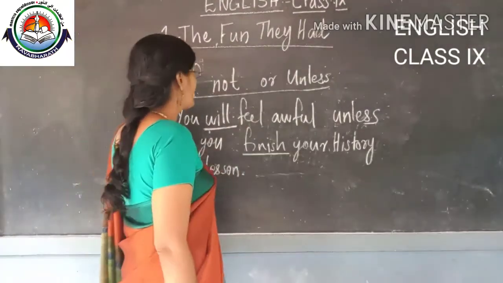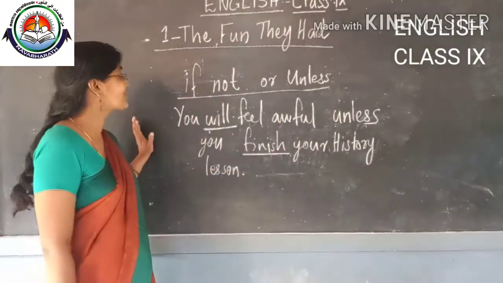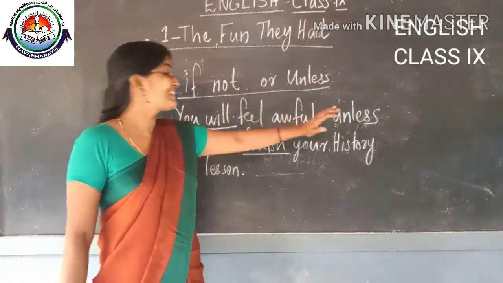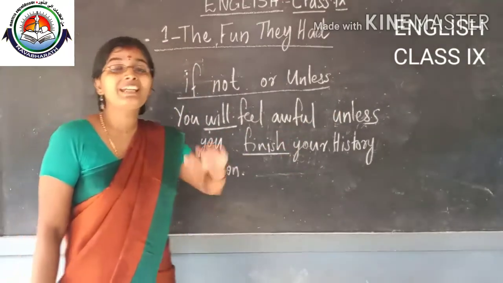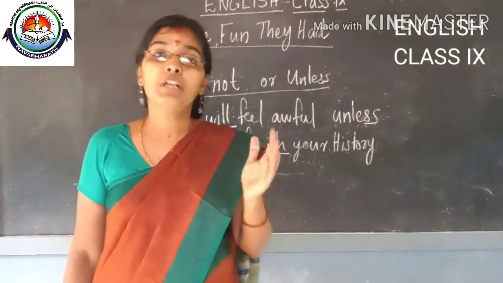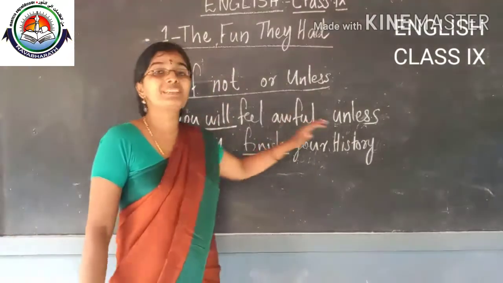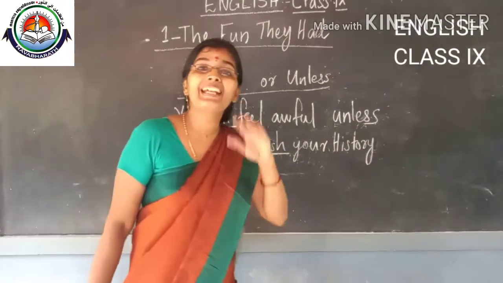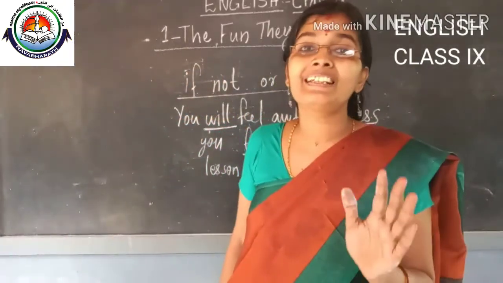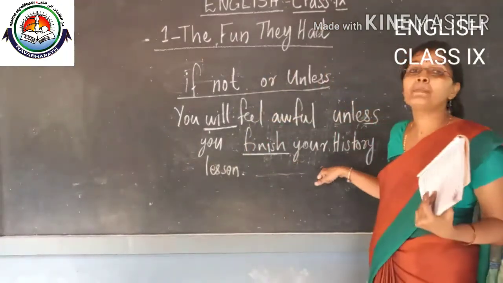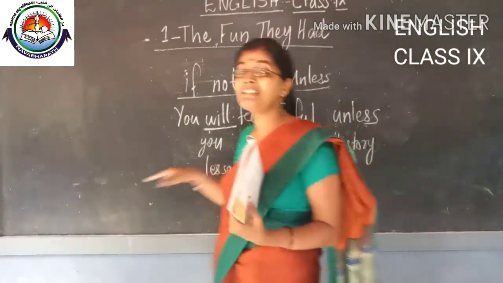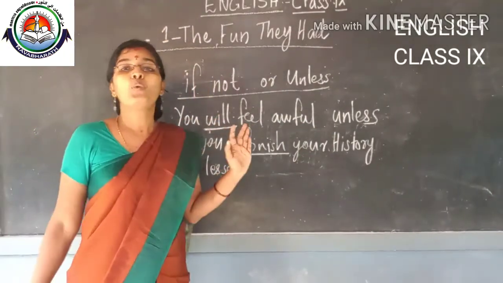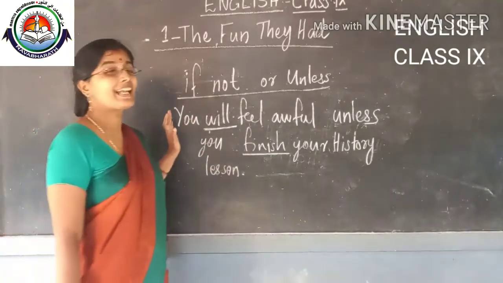Now what do you understand? The sentence pattern has not changed. If you are using if not or unless, the part which is telling about a possibility will be in the future tense. The verb will be in future tense for the part which shows the possibility, and at the same time the part which says about a condition will be in the present tense. The verb in this part will be present tense, and in the same sentence you can see two tense forms mixed very beautifully. That's the beauty of the English language actually.